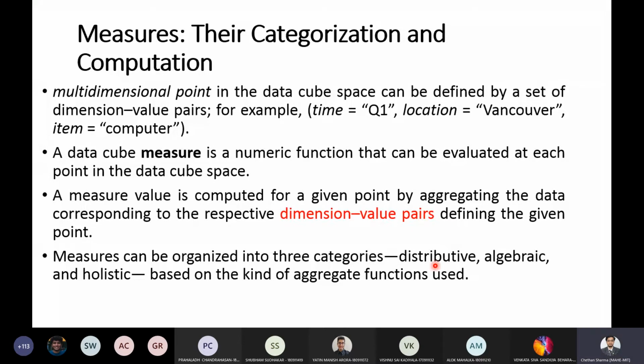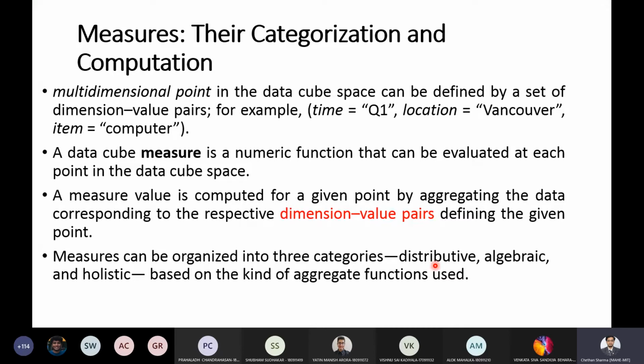Again, I will repeat: an aggregate function is algebraic if it can be computed by an algebraic function which has m arguments, and m is a bounded positive integer, so a positive integer with some limits, and each of these m arguments is obtained by applying a distributive aggregate function.